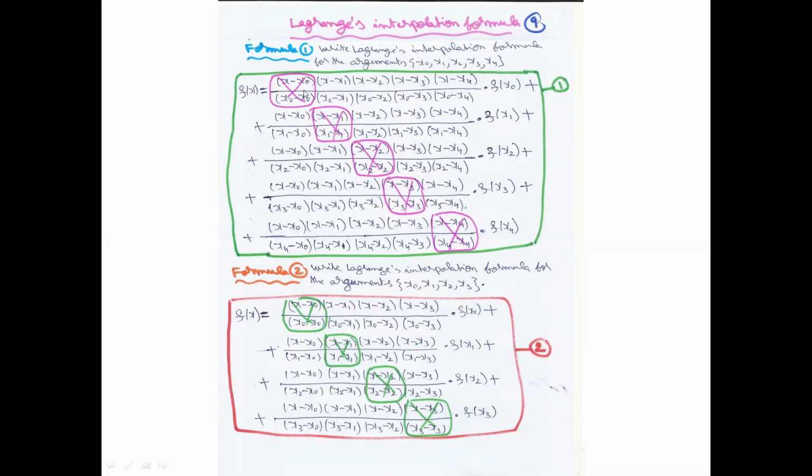In the fraction, numerator by denominator is there. Observe the numerator, see the movement of the cursor. In the numerator: x minus x naught, x minus x1, x minus x2, x minus x3, x minus x4. The numerator is a product of 5 factors. Each factor is the difference of 2 terms. The first term, x, is common in each factor, and the second terms are x naught, x1, x2, x3, x4.